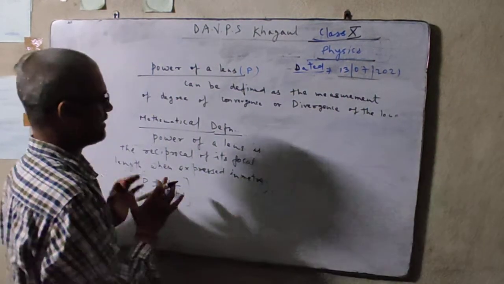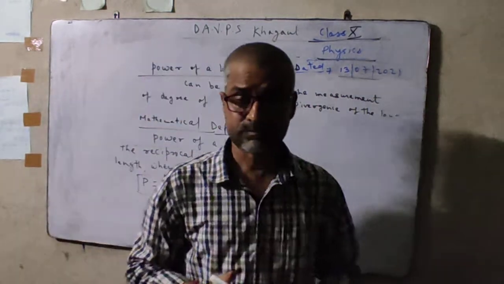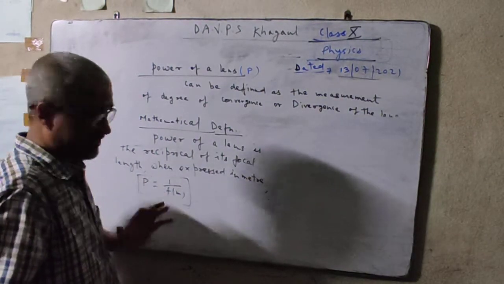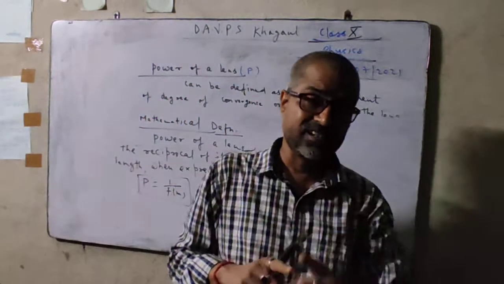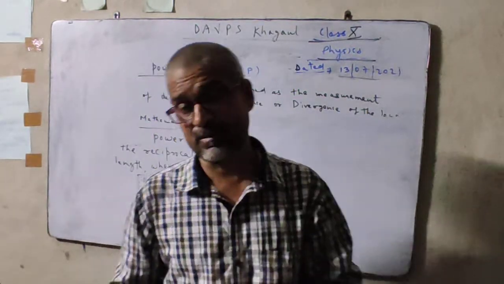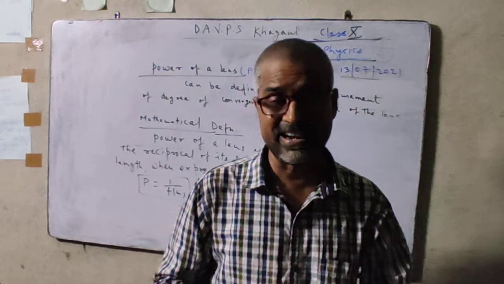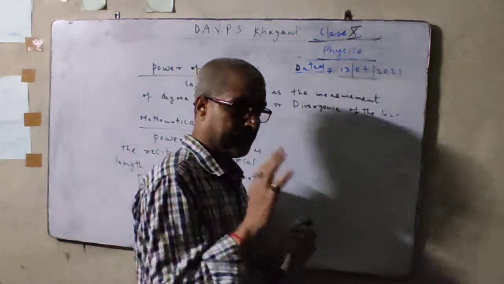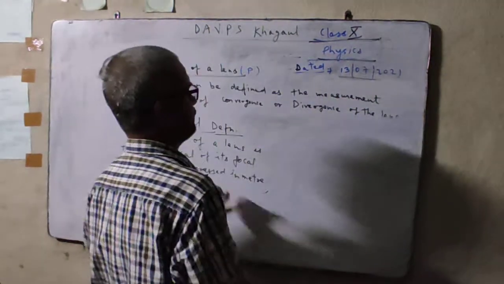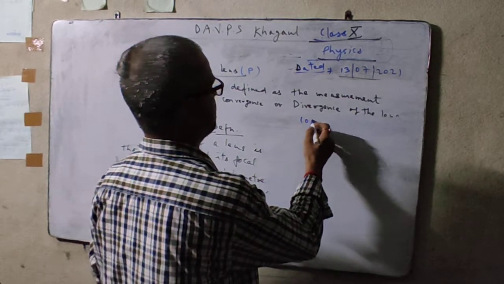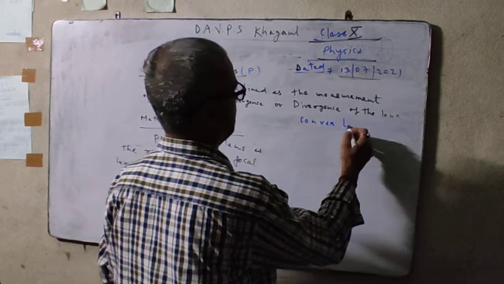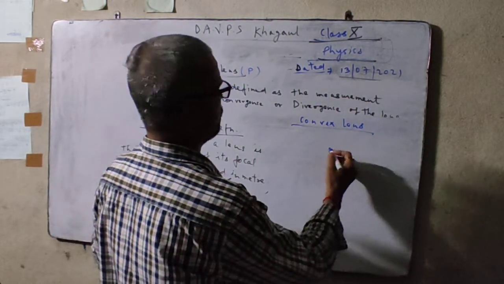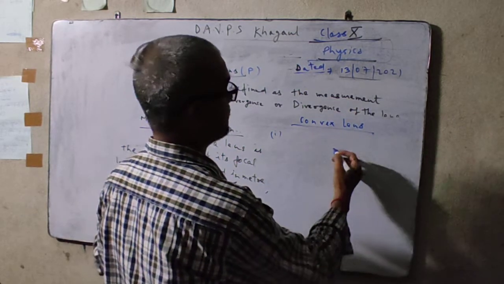Okay. Now, from where this formula comes, I will explain here. Why are we writing this formula, P is equal to 1 by f? Why is the power of a lens the reciprocal of the focal length? How does it come? I will explain by diagram. First we will take a convex lens and then we will apply that diagram for a concave lens also. So let us see in a convex lens. Let's see here, two convex lenses we are making. First convex lens.